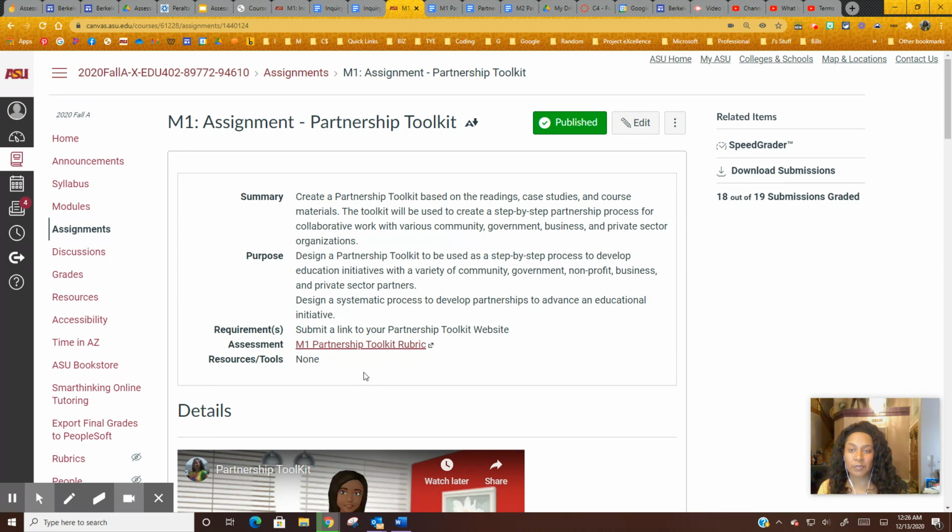So I try a couple of things. I want to show you a couple of things that I do. One, I'm going to show you the same two assignments I showed you in the rubric section. But for this one, let's just talk about some of the assignments and/or the assessments and how they look. So again, starting with the partnership toolkit assignment,